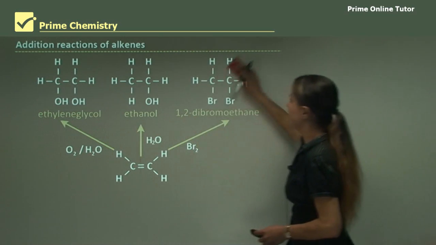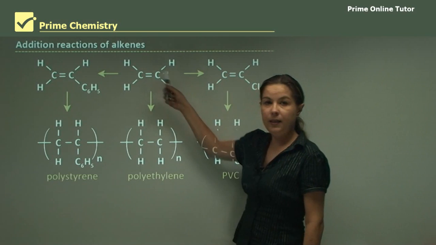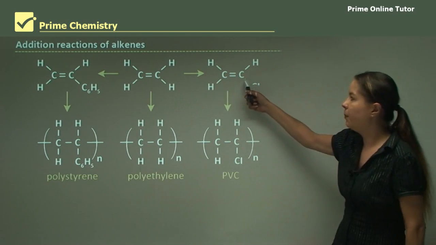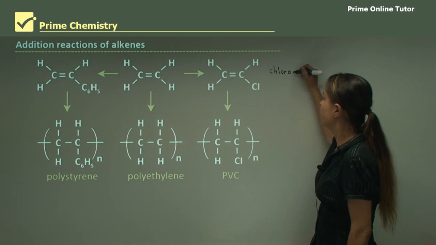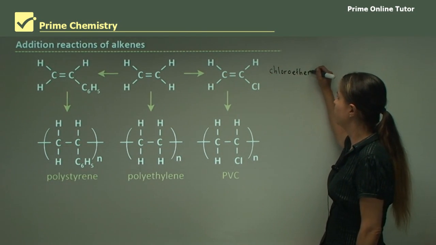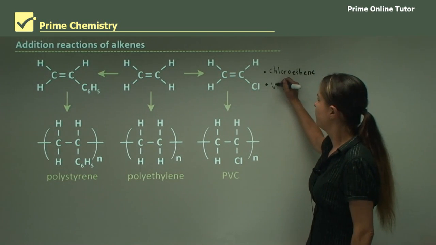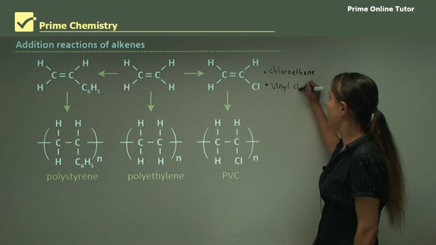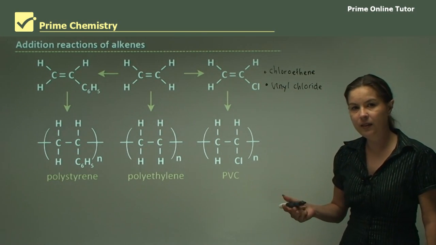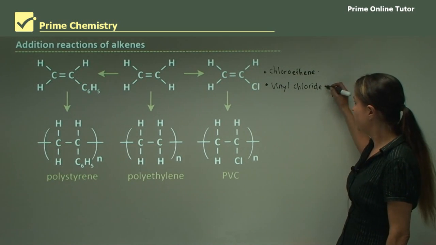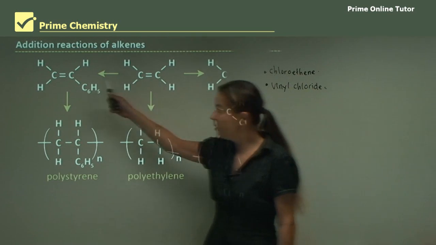So we'll continue looking at these addition reactions. So here we have ethylene again, and we can go to this compound, which is chloroethene. Now that's the IUPAC name for it, chloroethene, but it also has a common name, which is vinyl chloride. And this is similar to why we have the difference between ethene and ethylene. You have the IUPAC name, and you also have the common name, vinyl chloride. Similarly, we can go from ethylene to this compound here,